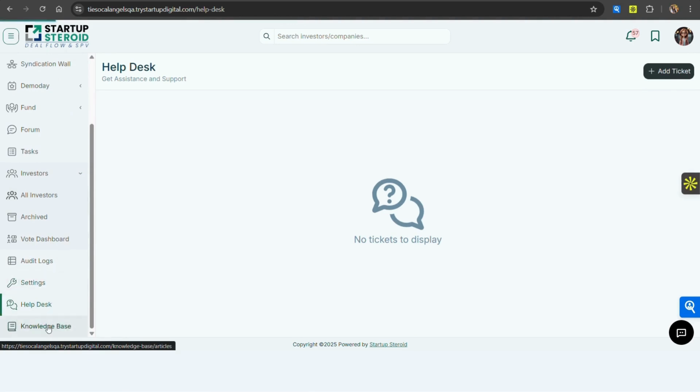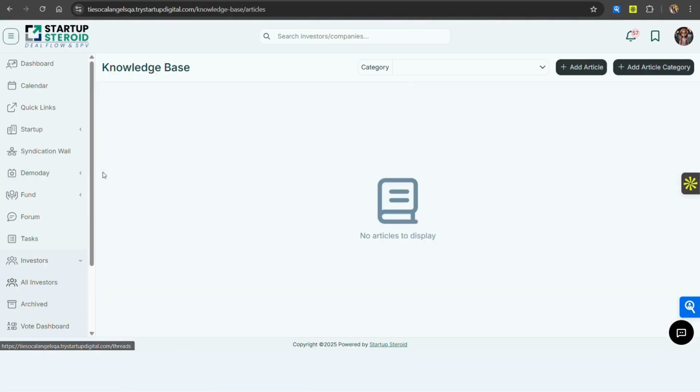Apart from that, there is a section of knowledge base. We generally upload 2 files over here where the working of the system will be explained to you guys. If at all you want to add additional documents, for example, a code of conduct or certain information or flyers that you want to circulate within your network, you can add them to this knowledge base, and every investor will have access to this.